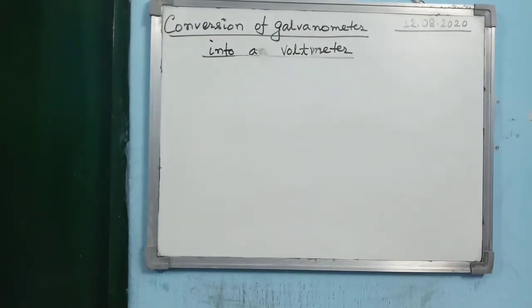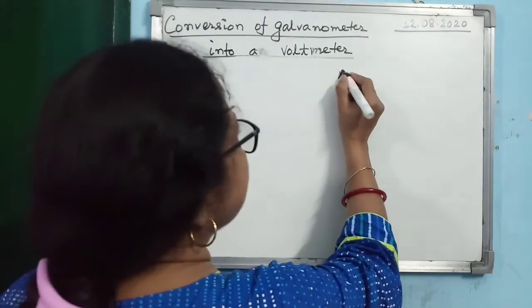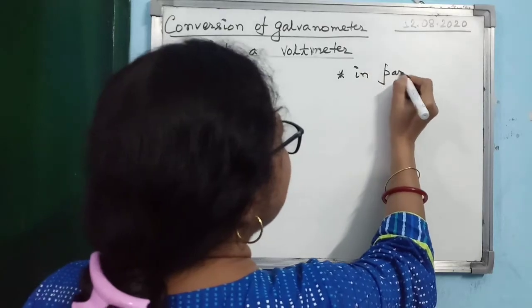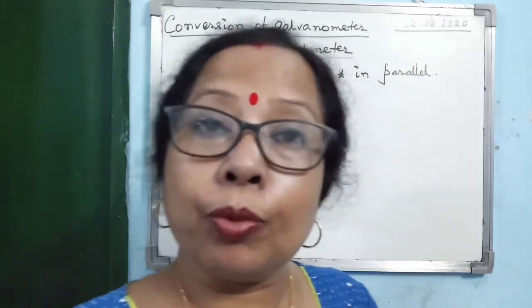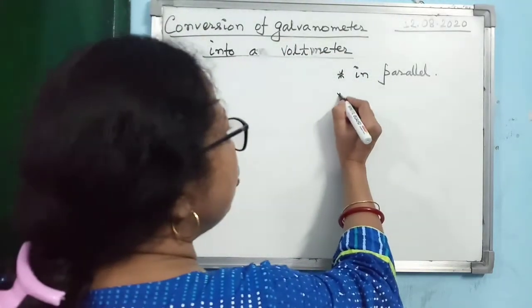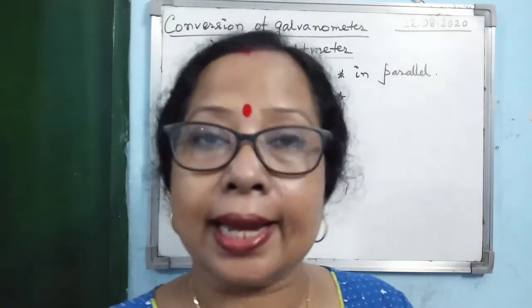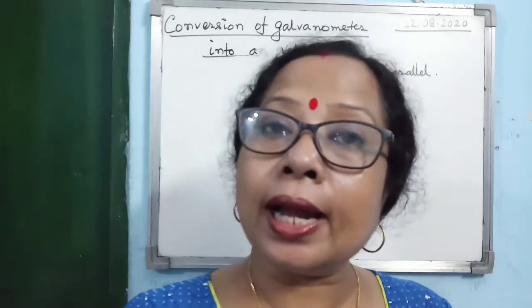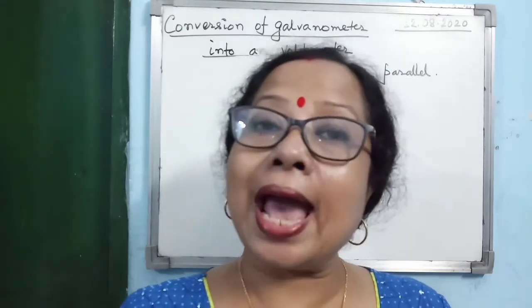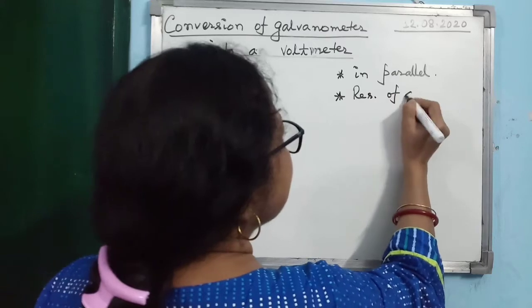Now next is how to convert a galvanometer into a voltmeter. For a voltmeter, remember it is always connected in parallel across the points where you want to find the potential difference. That's why, if you want to find the potential difference exactly between the 2 points, the entire current should pass through the original branch. No current should pass through the voltmeter. So as almost zero current should pass through the voltmeter, what should be the resistance of an ideal voltmeter?